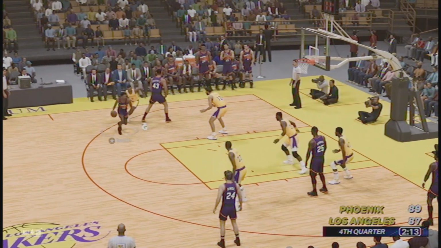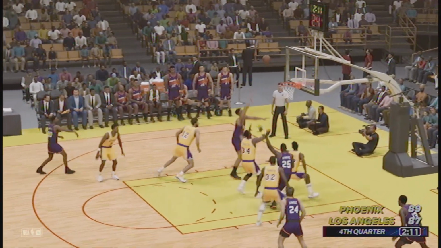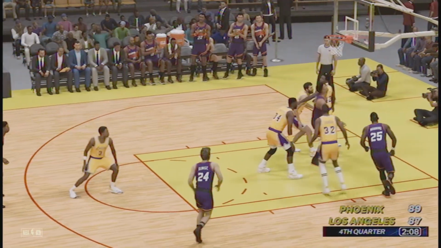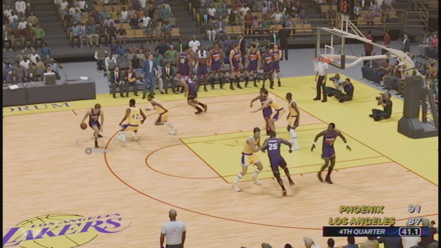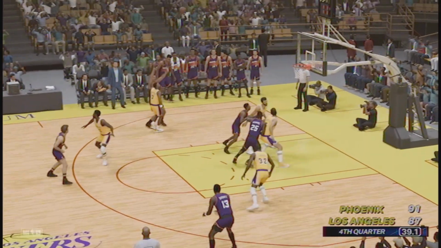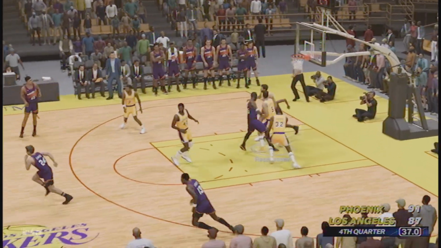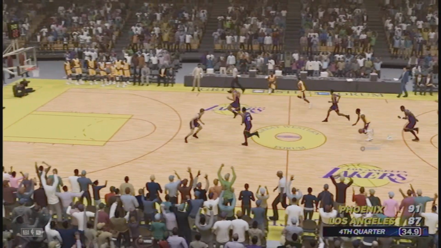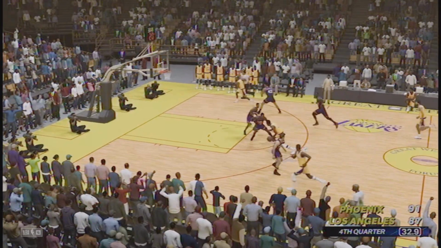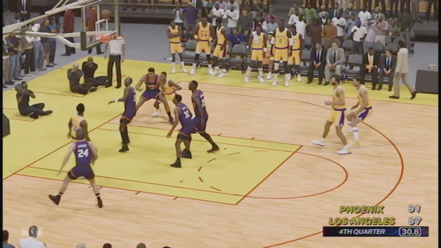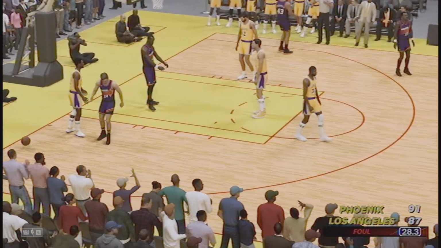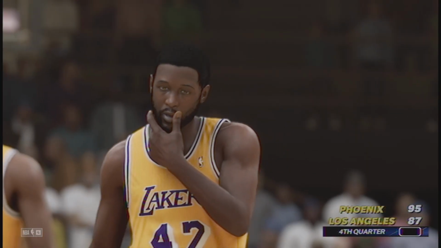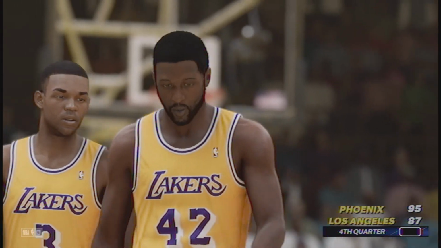And we... I almost said it again. Kenny the Jet Smith attempts a shot. Misses. Brad Daugherty with the putback. 91-87. Danny Ainge to Brad Daugherty for the long two. Can't get that to go in. Suns still with the lead, but the Lakers can cut into it. James Worthy cannot make that basket. Suns get fouled, and this game is toast. 95-87 will end up being the final score.